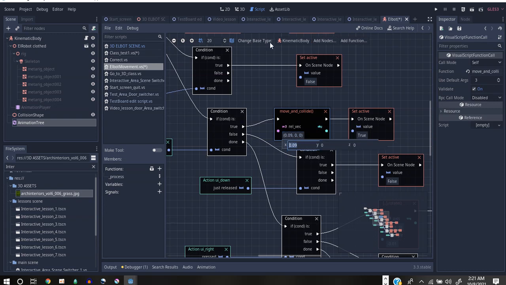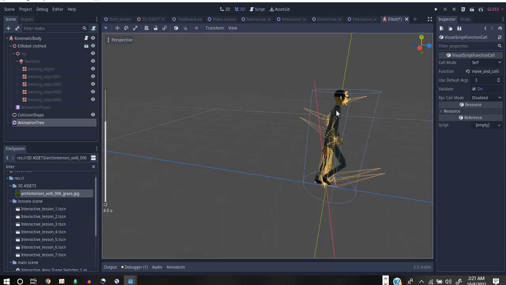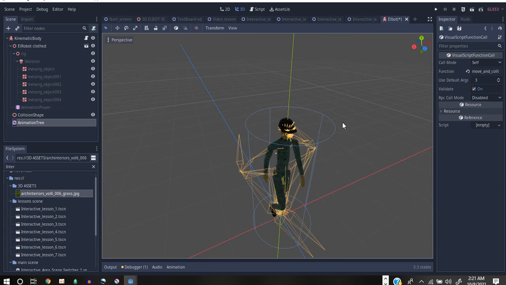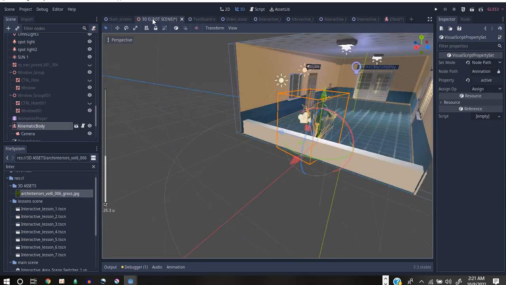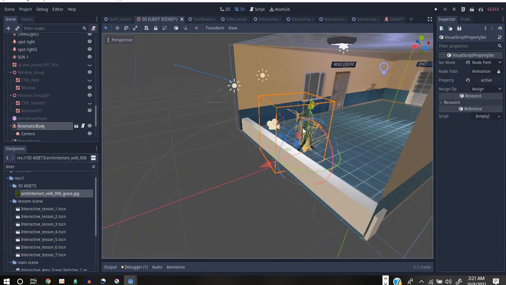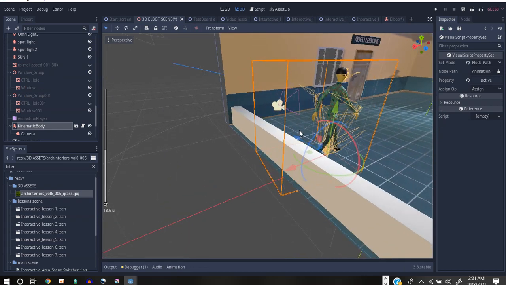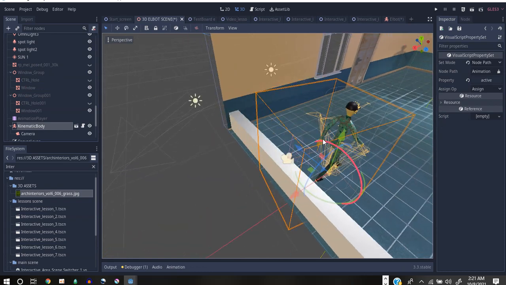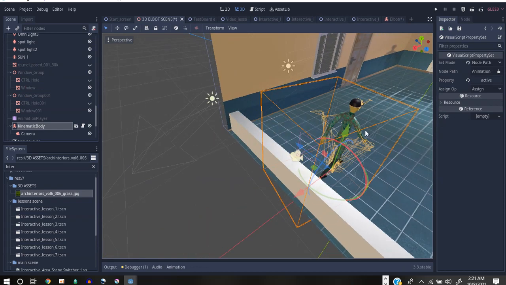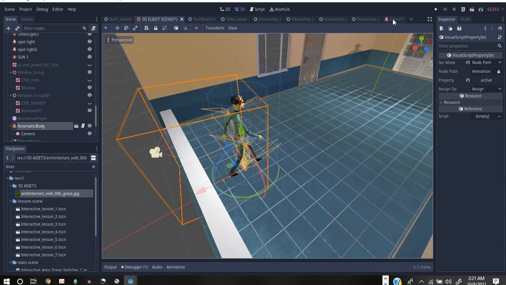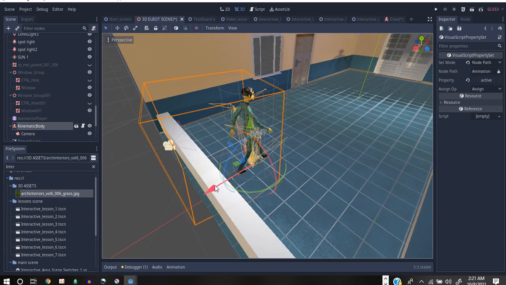x-axis. Okay, if you remember what I told you, the x-axis is actually backwards. So if you look at that, you see my x-axis. Let me go into my 3D scene so you see what is happening here. Now there's a bit of control issue here because of the way it was imported. So the axis here is a bit different from the axis inside here, but that's not really an issue. So if you look at here, my x is positive over here,